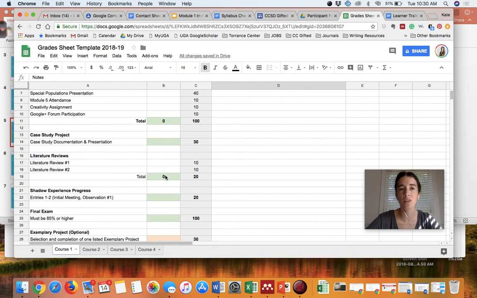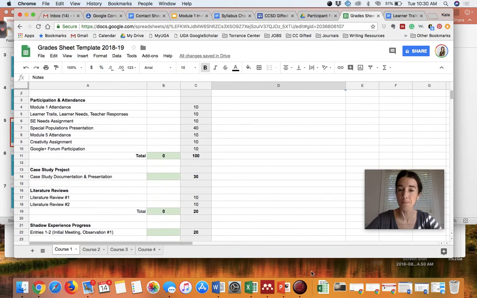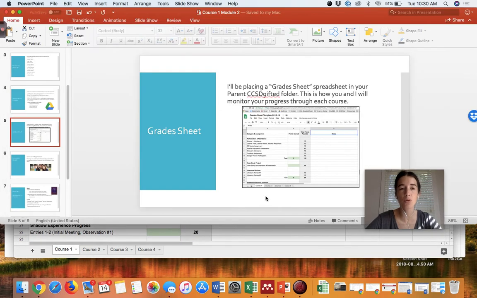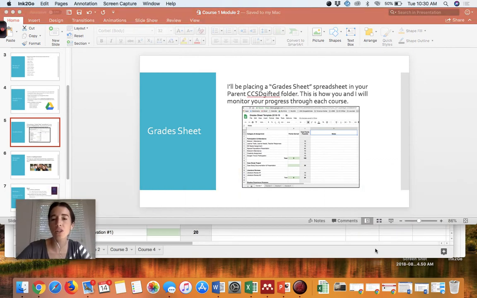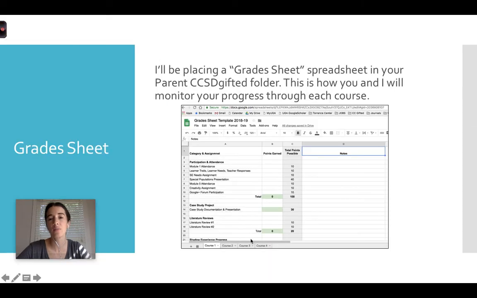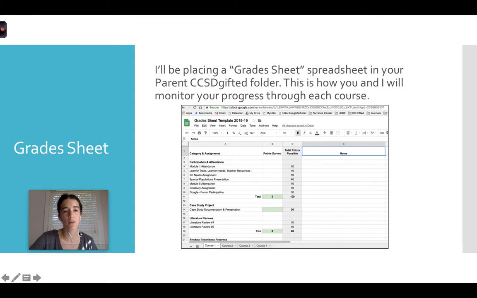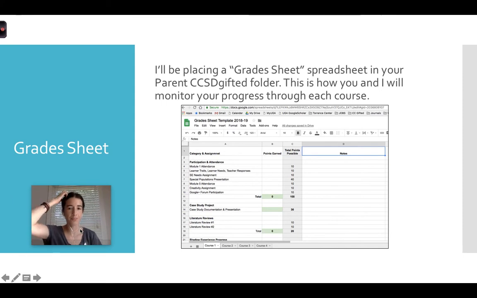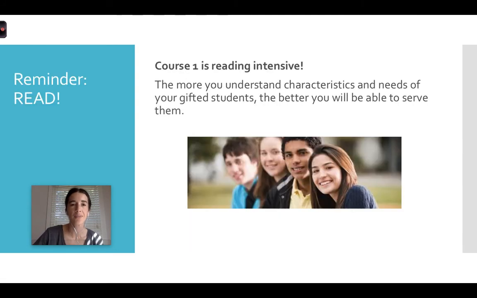So that's one way that you can keep up with your grades there. That will be in your folder, probably when I grade your learners' traits, your next assignment that's due in Module 2, which we'll talk about in just a moment. Your grade sheet isn't going to be in there right now, but as soon as I assess and look over that assignment that you submit, that's when I'll input your grade sheet in there. I don't prefer all of the clicks that I take to get in and out of folders, but it's just what's going to work.